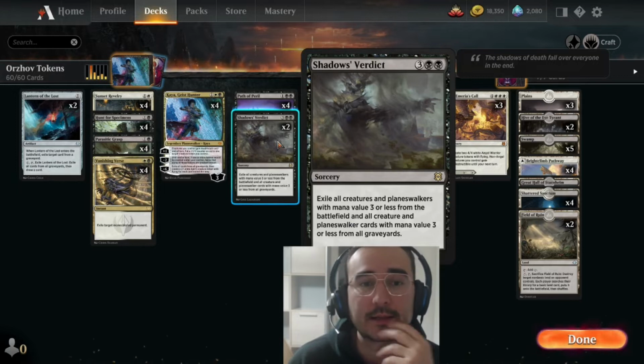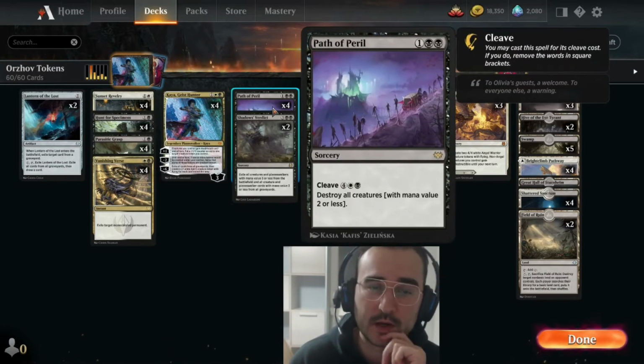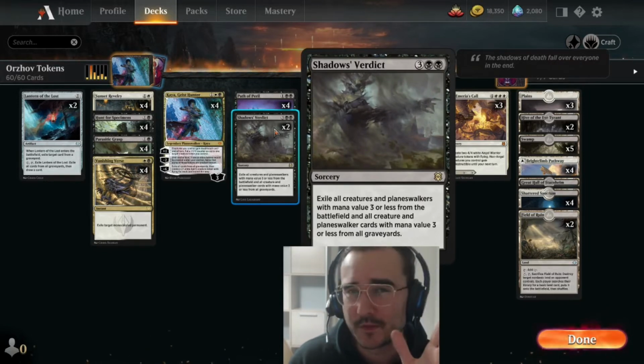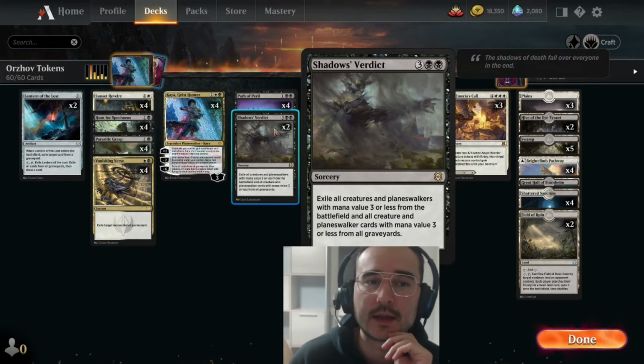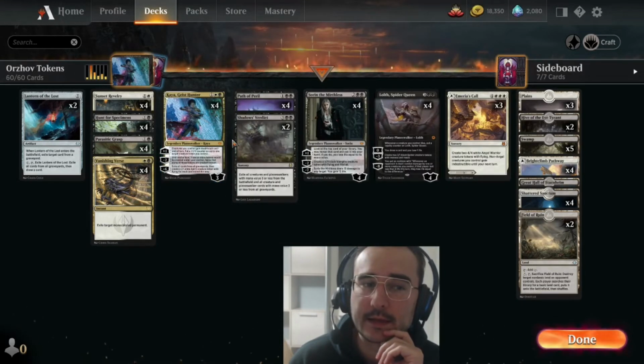Also against mono white. This just hits mana value 3 creatures, which Path of Peril does not. One thing to note, to be fair, is that this also hits your Kaya, right? But you can...